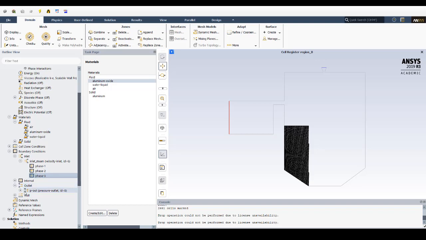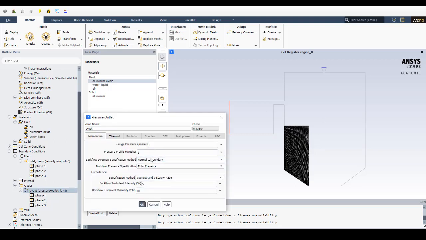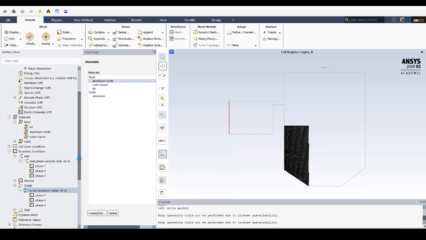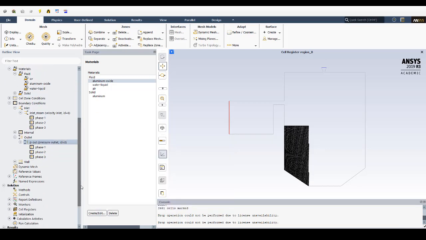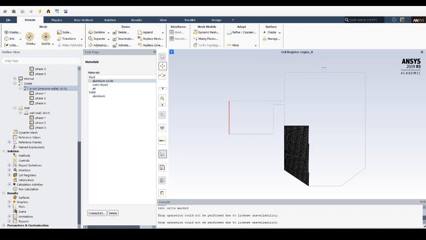Next, pressure outlet. So pressure outlet is 0 bar for all the three phases. So 0 bar with intensity and viscosity ratio left default as 5 and 10. Actually, we have a formula to calculate those things also. You can go through those in particular if you require. And in the wall conditions, there's a basic wall, basic adiabatic wall. There is no heat flux across any of these edges.